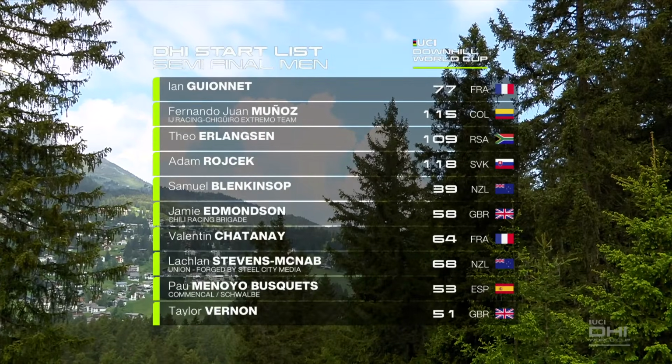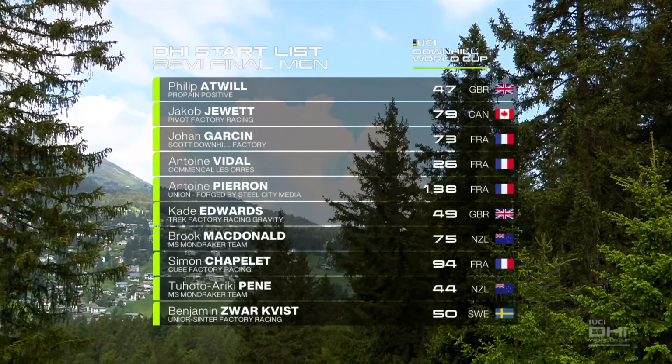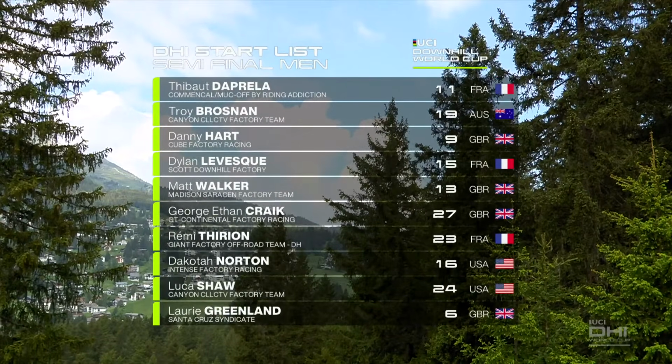Here is then your semi-final start list for the men. This is going to be Ian Guyane who will kick us off. Tristan Potter and Mark Wallace riding for Norco Factory Team. Thomas Estaque, looking forward to see what he can do. Oh, yeah. Antoine Piron, Antoine Vidal, another two to look out for. Brook McDonald, Kate Edwards in there as well. Brook looking fast too. Ronan Dunne, Ireland expects. Oliver Zwar, Amaury Pierron, Greg Minnaar, Thibaut Daprela, Troy Brosnan, Danny Hart, Dylan Levesque,